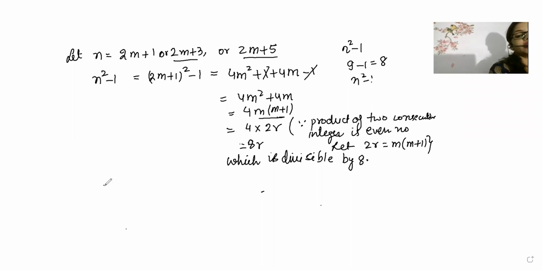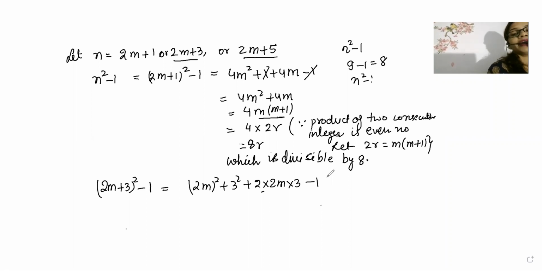Okay, so now again try. Put the value 2m plus 3 whole square minus 1 yourself. Then what will this become? (2m plus 3) whole square will become (2m) whole square plus 3 whole square plus 2 into 2m into 3, minus 1. So this will become 4m square plus 9 minus 1 plus 2 2s are 4, 4 3s are 12, 12m. So here it is coming 4m square plus 8m